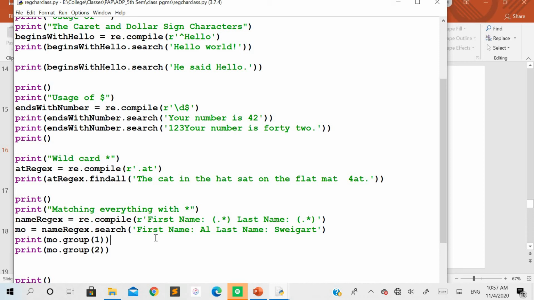So let us first check whether it matches the pattern that has been defined here. The pattern begins with first name followed by the colon, and here you have the space. So dot, as I told you, means any character, but with zero or more occurrences, even if it is absent, that is acceptable. Even with any repetitions, that is also acceptable. So this al is also going to be extracted, followed by space, last name as it is, and at the last you can see a dot followed by the star, which means any character from the keyboard with any kind of repetitions. So both these two values are going to be extracted here.